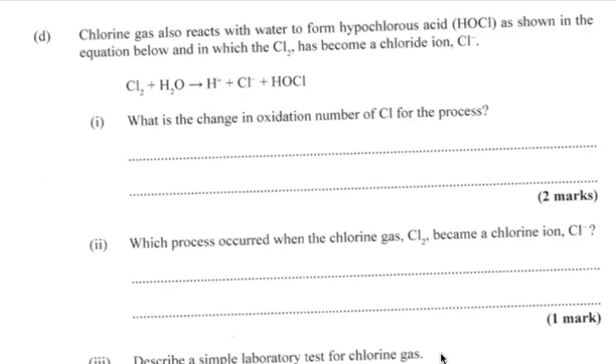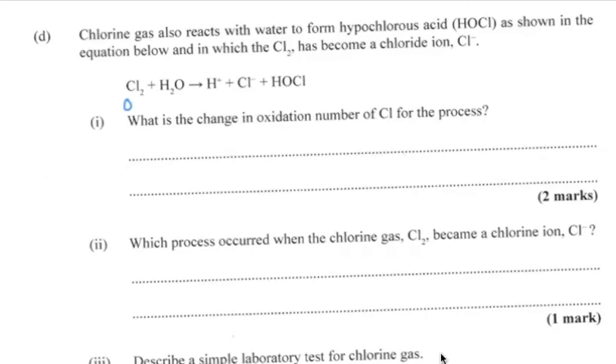So let's see. What is the change in oxidation number of chlorine for the process? Let's see what's happening here. Let's assign our oxidation numbers. Chlorine here in its elemental state is